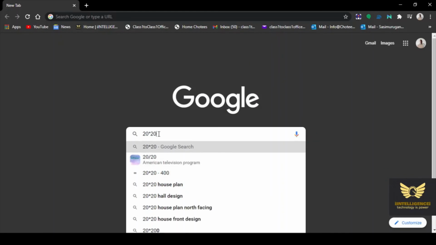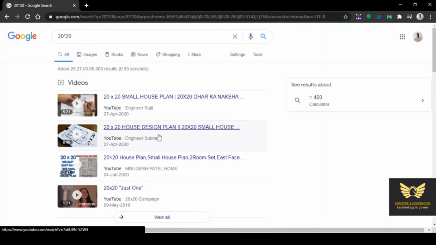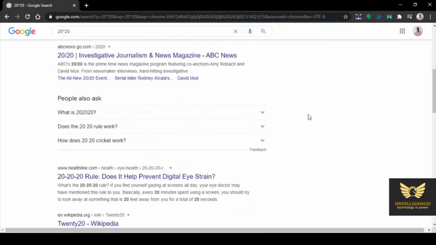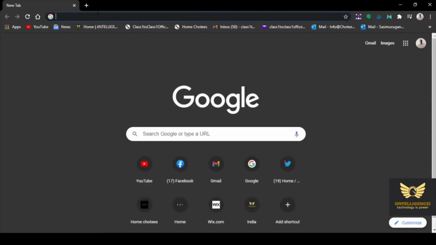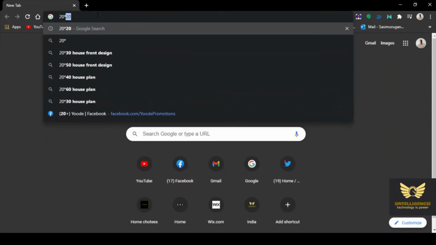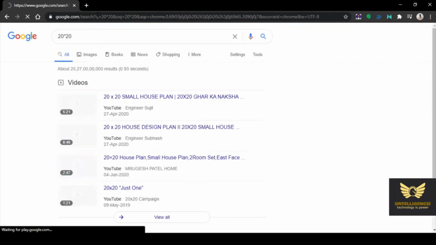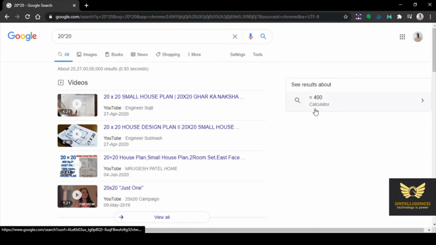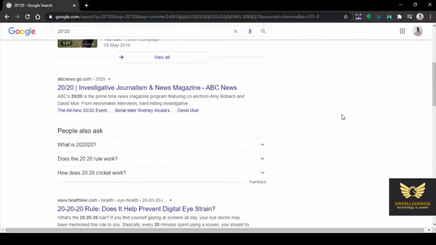See, we can easily use it as a calculator. I am giving 20 into 20, so it is 400. See here, output is 400. You can easily use Google search as a calculator.